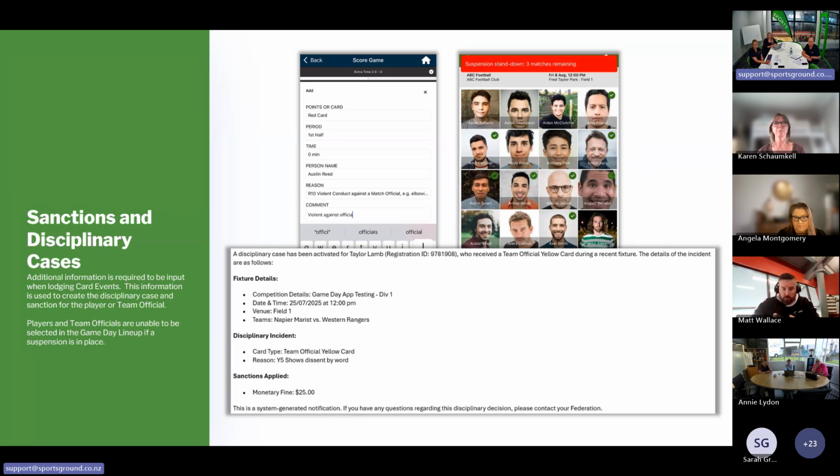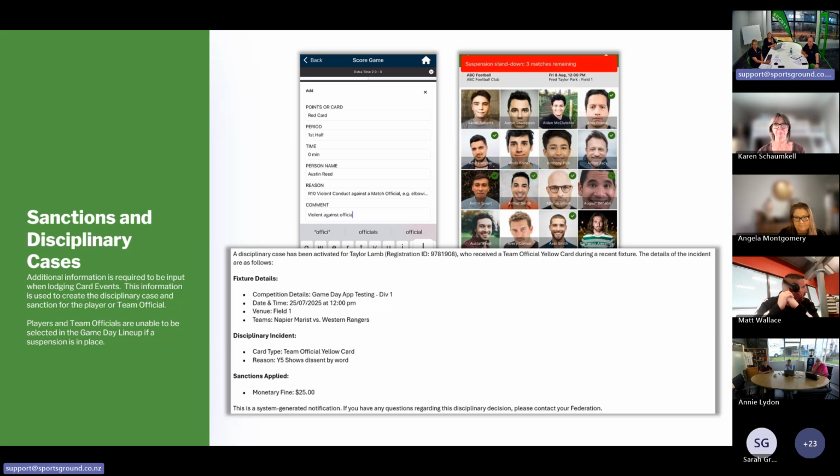Red cards, however, have guiding principles around the type of sanction that should be applied, whether it be a monetary fine or a match suspension. So obviously you make the decision in relation to the type of conduct and how severe the punishment should be for that conduct. As an example, an accidental trip would have a much different sanction imposed to someone going up to someone and punching them in the face three times. They may get a higher fine or a higher number of match suspensions on the basis of the type of action that was incurred.